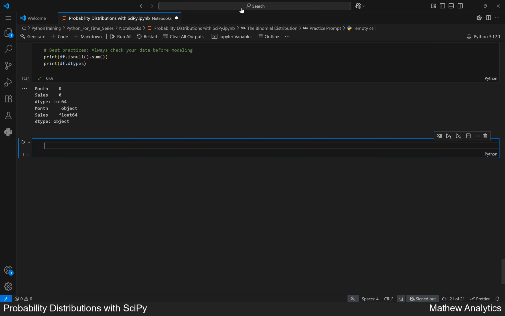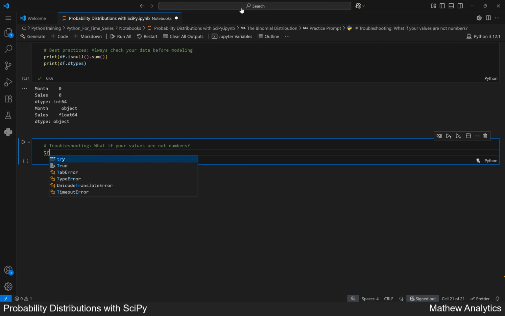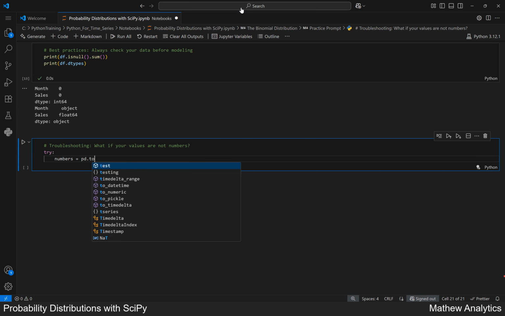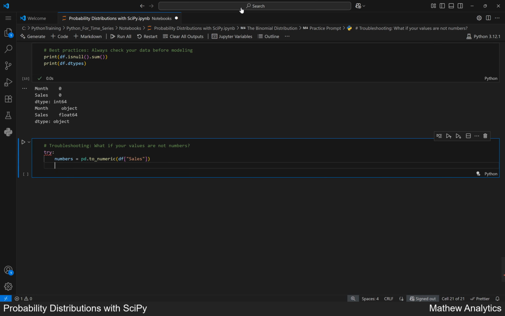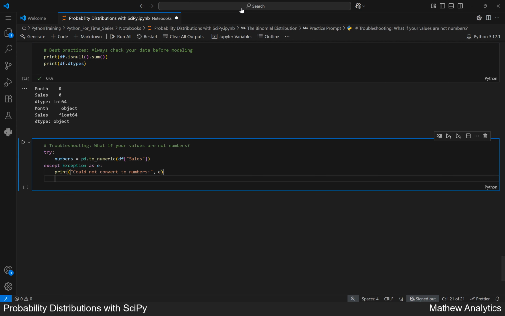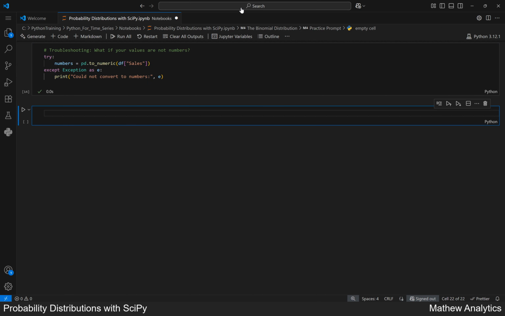Sometimes your data is stored as text, not numbers. This line tries to turn sales into real numbers. If Python finds a problem, the code will print an error message without crashing your notebook. Running the cell now. You can compare 2 different sets, such as the heights of men and women, or 2